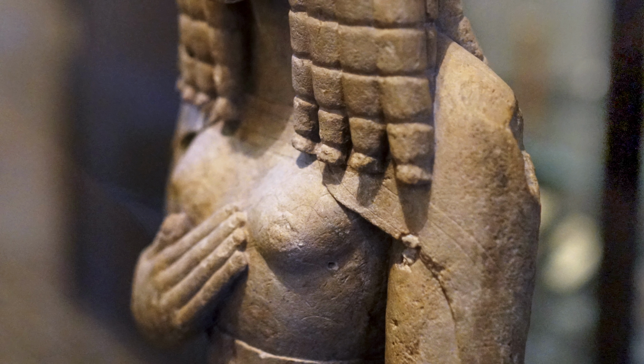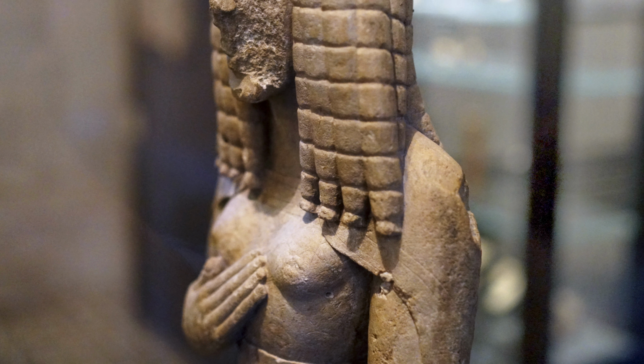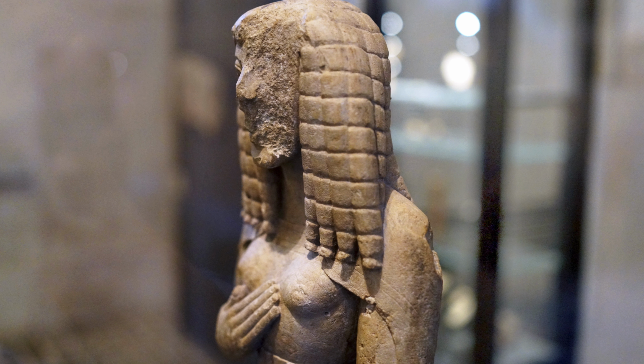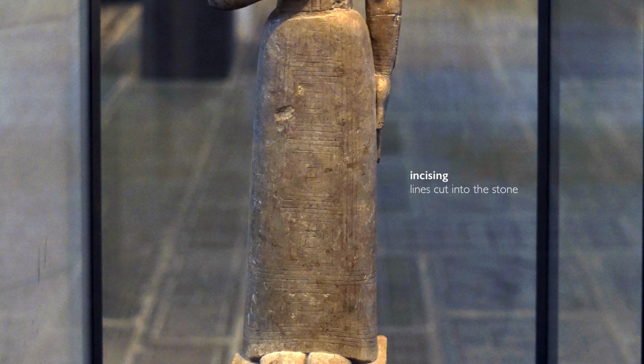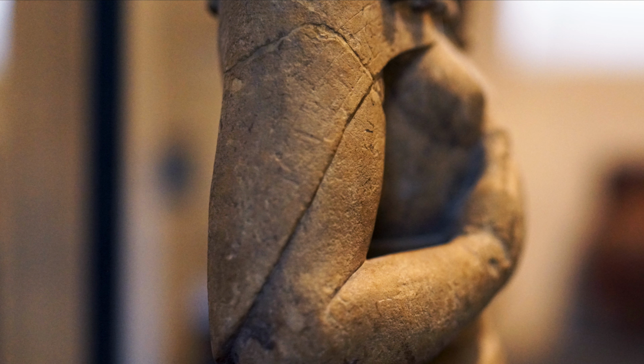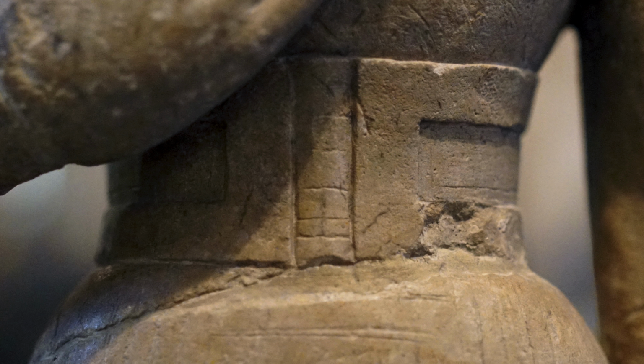This is carved out of limestone. We're used to seeing Greek sculptures as white marble, but we now know that these sculptures were generally brightly painted. One of the most delicate aspects is the incising, and we can see it most obviously in the square patterns in the front of her dress, but you can also make it out in the wrap that she wears around her shoulders and that moves down one side of her arm. And you can also make it out in the very wide belt that she wears